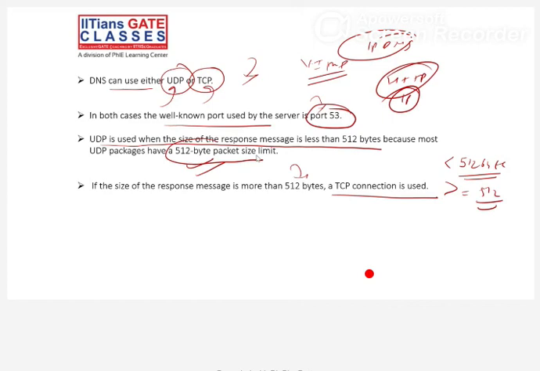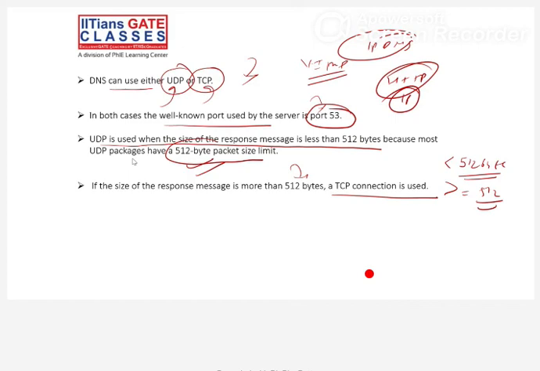And what is the meaning of iterative? See that part. In iterative, the DNS client will search edu and get the response. No, it's not there. Then it will send a direct request to the parent one and get the response. No, it is not there. Then it will send to root. It will go as per the flow: edu, then parent, then parent.